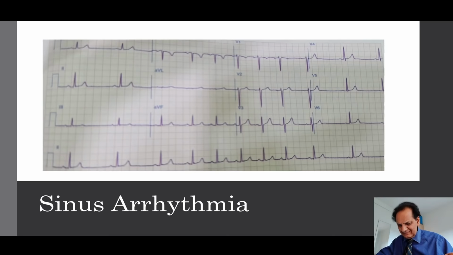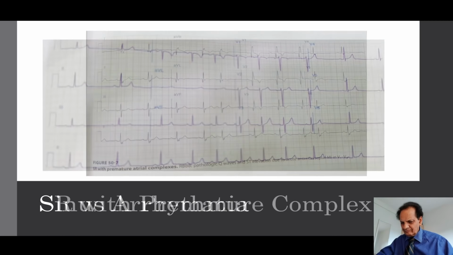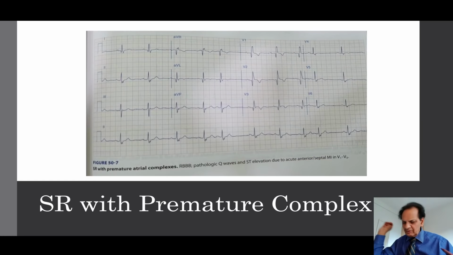Innocuous ECG, sinus arrhythmia. You may feel there is some problem here, but no. This is respiratory variation in sinus arrhythmia in a young boy, and this is a normal ECG. With the inspiration, you can see the crowding of QRS here. The change must not be more than 10%. With a premature complex, not a very big stuff here, but I have shown you this picture for the RBBB